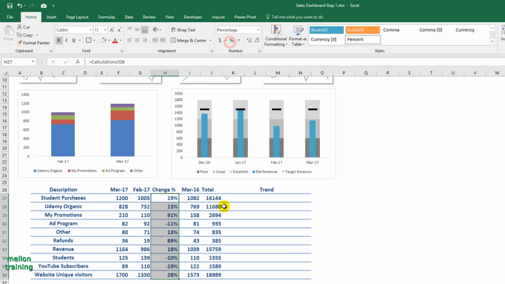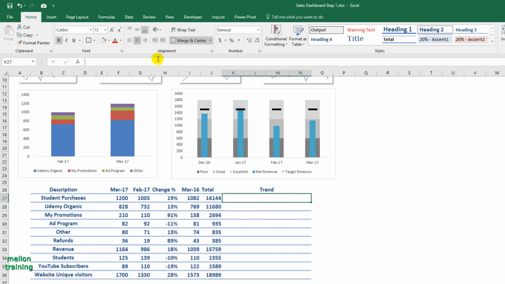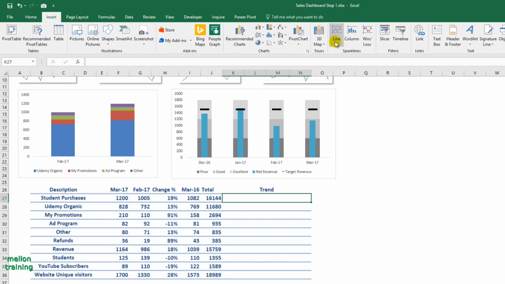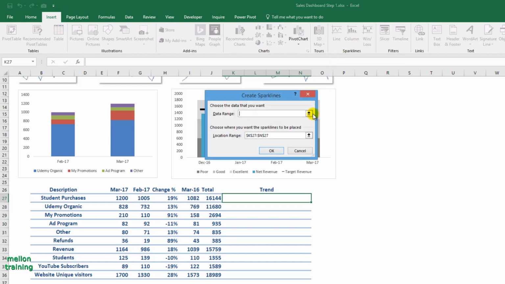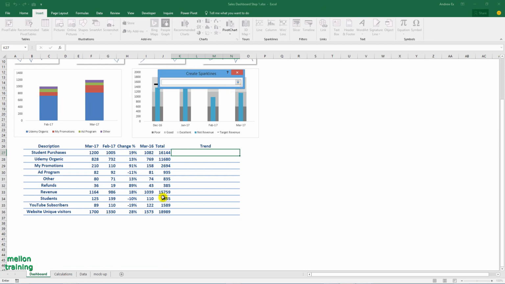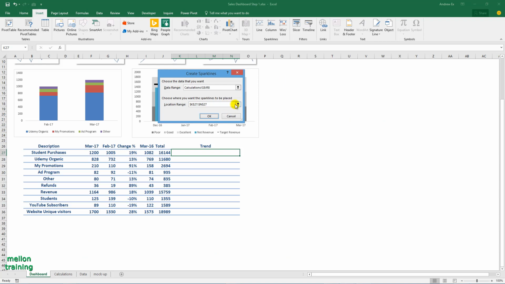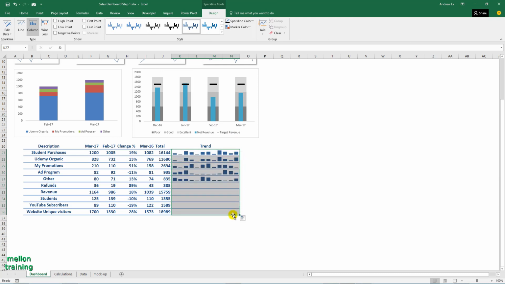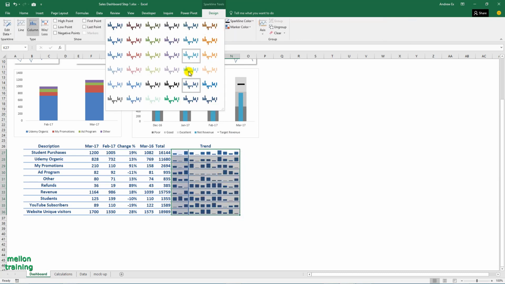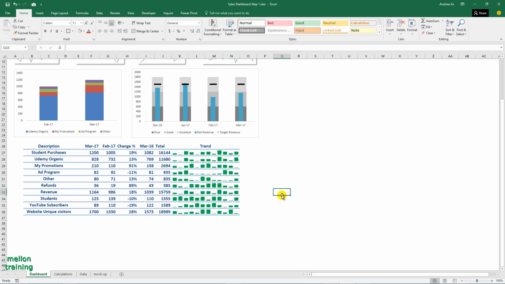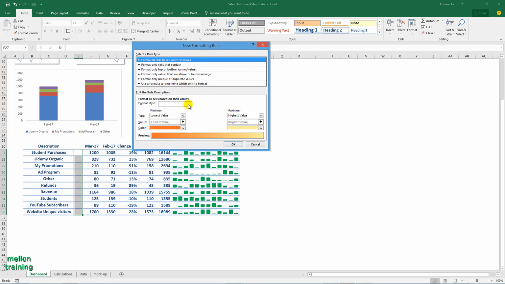We will use sparklines to create each trend, starting from this cell. Finally, let's create icon sets with conditional formatting.